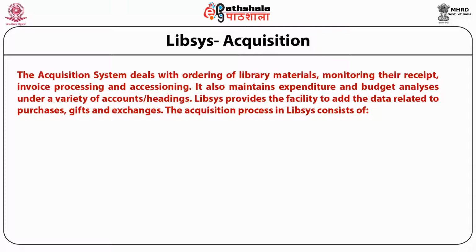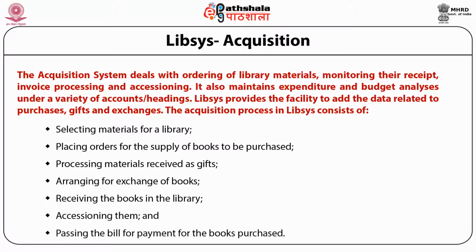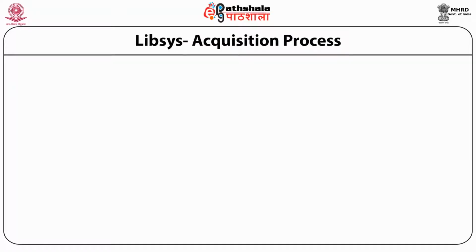The acquisition process in Lipsys consists of selecting materials, placing orders, arranging exchange of books, receiving books, accessioning them, and billing and invoice processing of these books. The acquisition process starts by entering a title in the system with available bibliographic and procurement data and